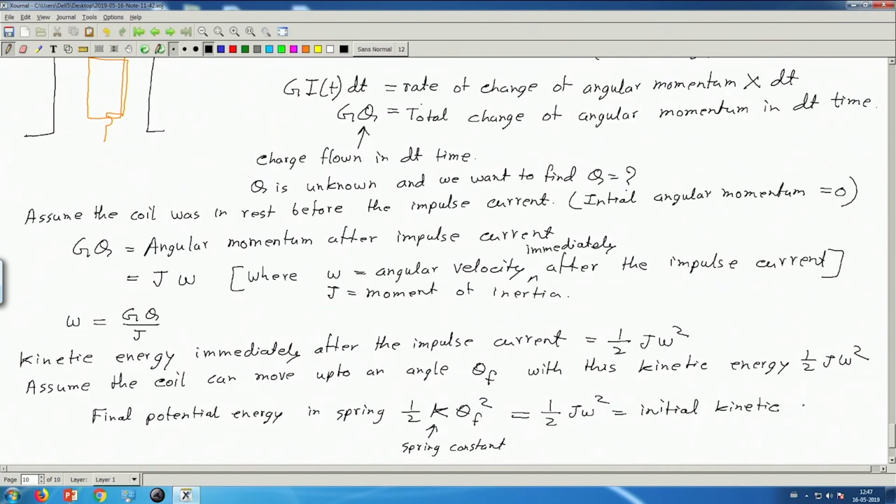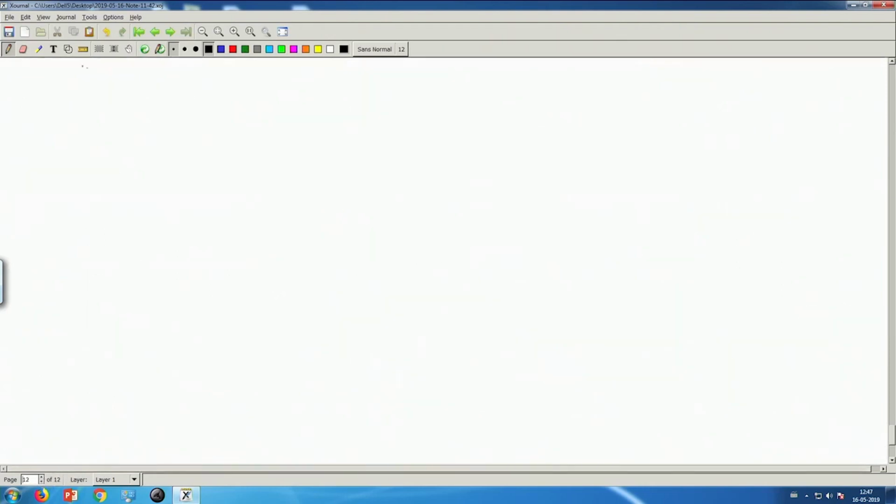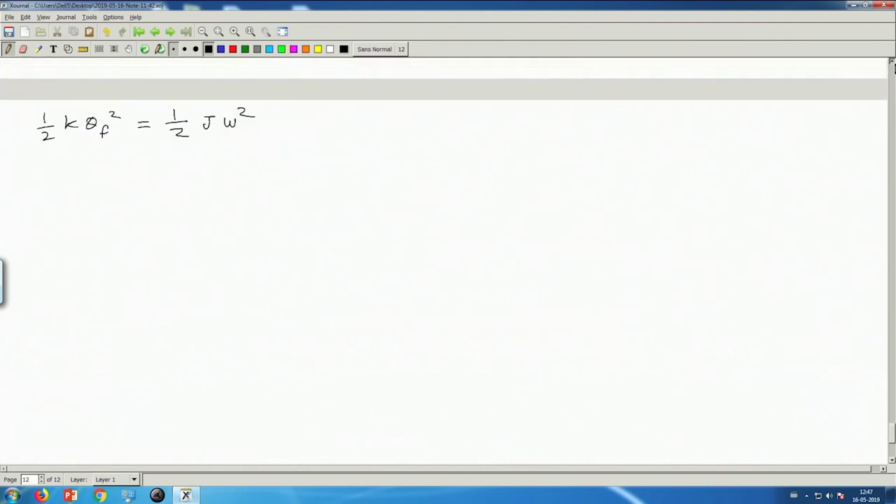This is conservation of energy. Okay. So, therefore, we can write half k theta f square is equal to half J omega square, and previously we have seen